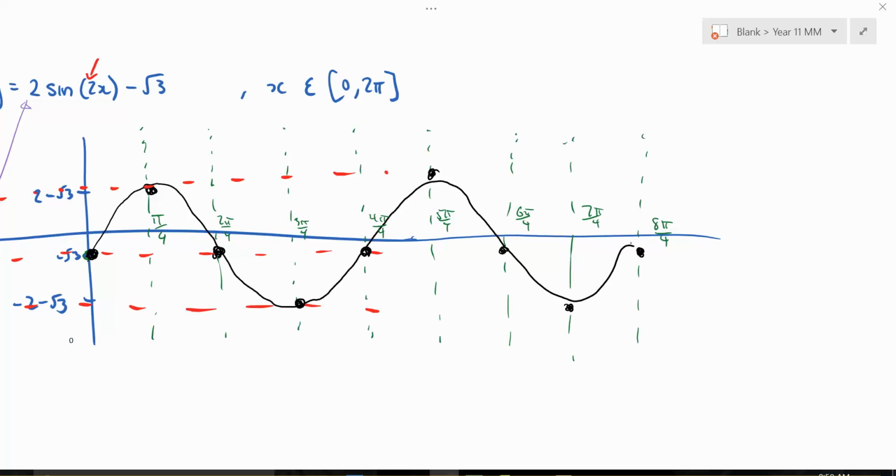So if you feel that it helps you to have that sort of guide going, do it in grey lead, go over the graph with your pen, and then rub off the grey lead. That's perfectly fine. So remember, the only thing that examiners normally look for if you're sketching circular functions is